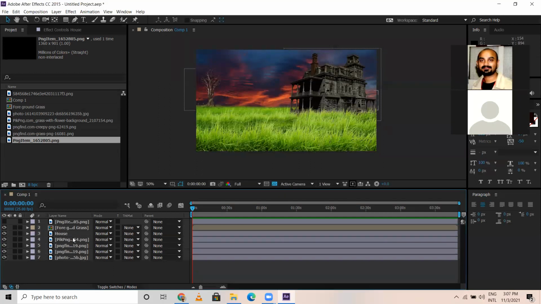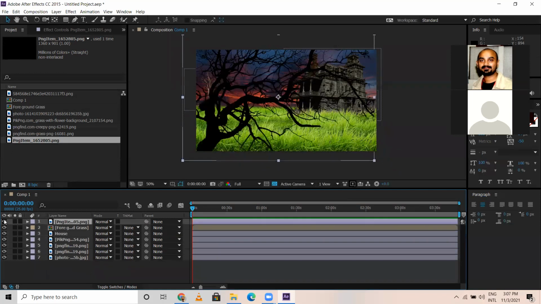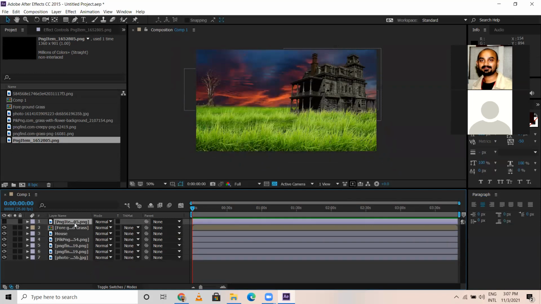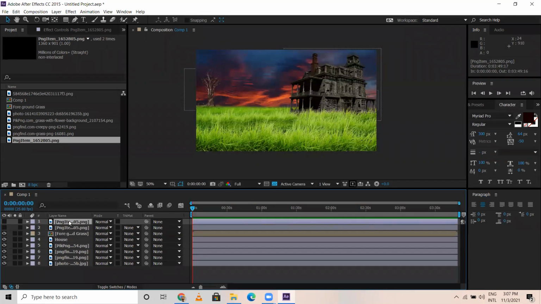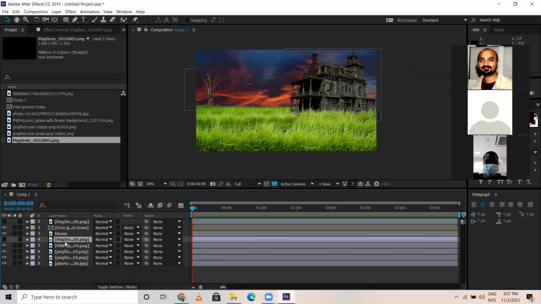Then next part is, since I have created this, I need these images somewhere in the scene as well, somewhere outside. So I'm going to duplicate this and I would like to place this behind the house.